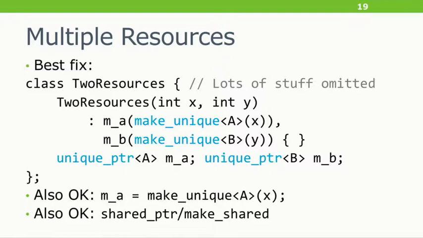And you'll notice it's actually less typing. It's more elegant. I didn't even need to define a destructor because the implicitly generated one is okay for my purposes. By the way, just because I'm depicting member initializer lists here, that's not the key here. I could simply default construct my members and then say member_a equals make_unique. That's totally cool. Some people prefer one or the other, but either way is exception safe. And also, if you want or need to use shared_ptr, that's also okay. The key is the smart pointer, not necessarily unique_ptr. In fact, I personally prefer using shared_ptr.